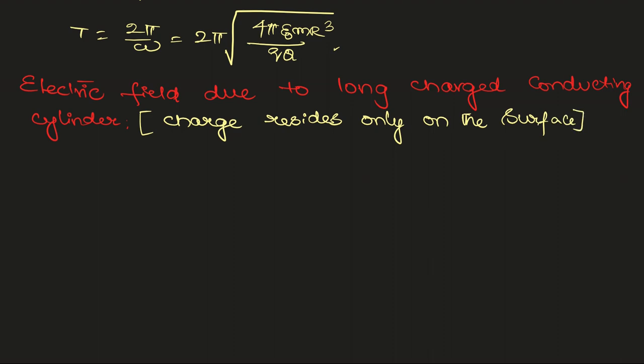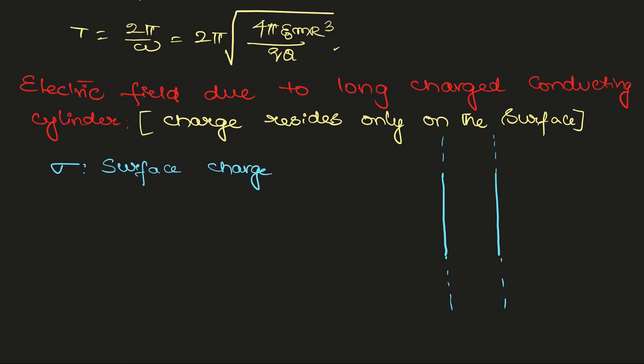Infinitely long means we don't know its initial point as well as final point. We are considering one such cylinder with surface charge density sigma, where sigma is the surface charge density. So if we consider a point P